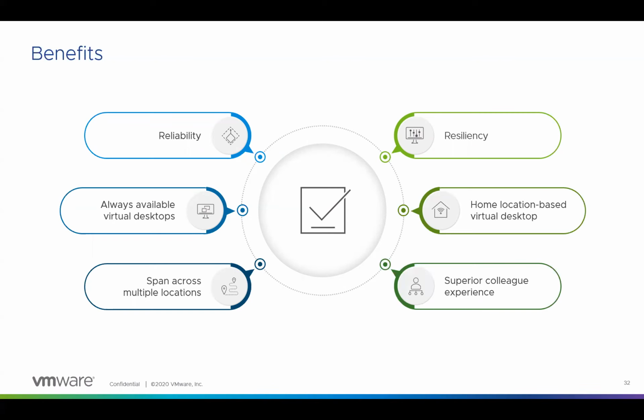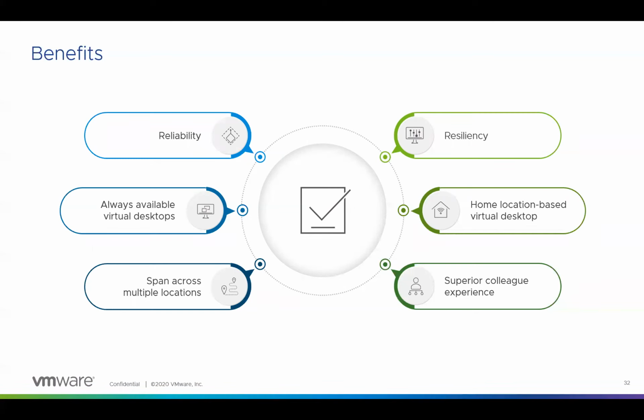And obviously, this will be a superior colleague experience by delivering a federated virtual desktop using AWS Cloud and Horizon Cloud Pro architecture based deployment. A user can always access a virtual desktop using Workspace ONE. And even if any environment goes down from the backend, the user will never come to know that a failure happened in an on-prem or a cloud. So they will always get one virtual desktop when they click on the virtual desktop icon or a virtual app icon in Workspace ONE. So this gives us a better experience for the users.